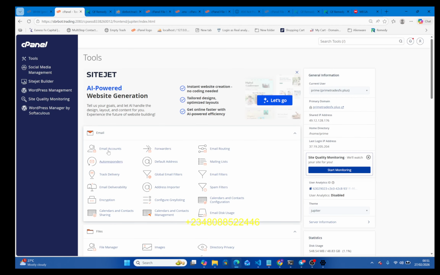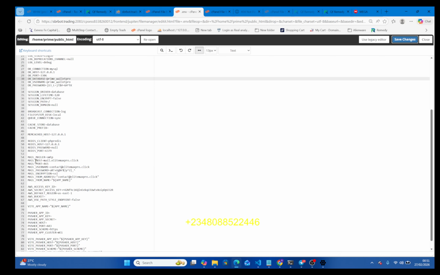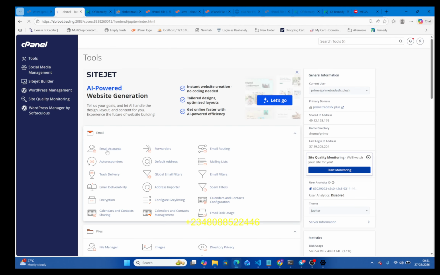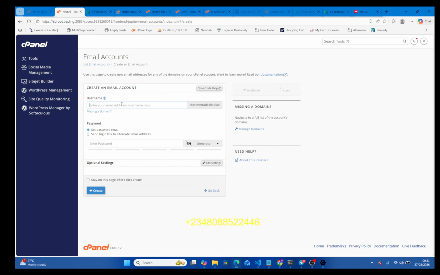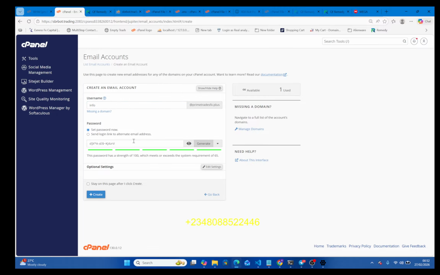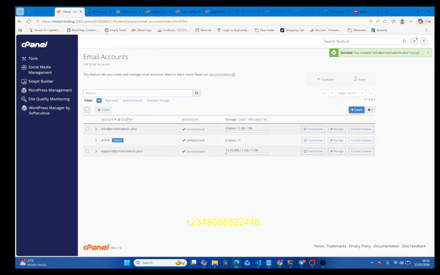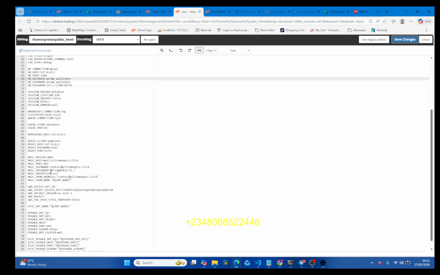So how do we set up the SMTP? We are going to click on, still here now. This is the SMTP. We need to set it up. All right. So we click on emails. All right, so we're going to create an email. Let's call it info. So we're going to create a password here, and we're going to click on create. So we've created the email, and so what we need to do now is put our password here,